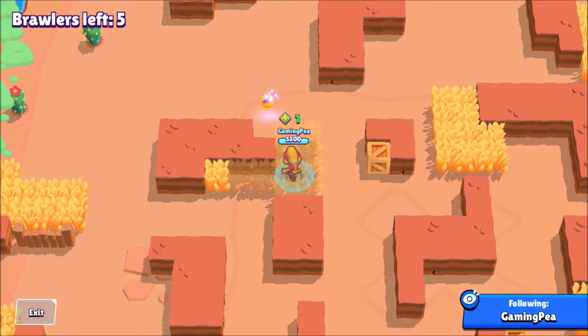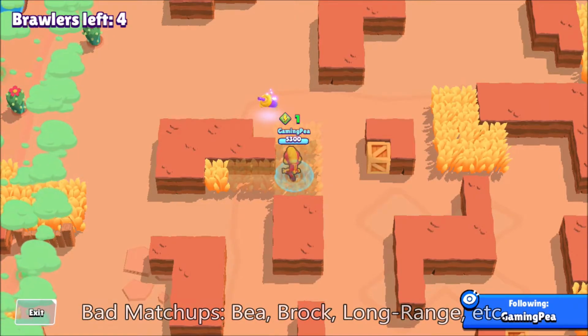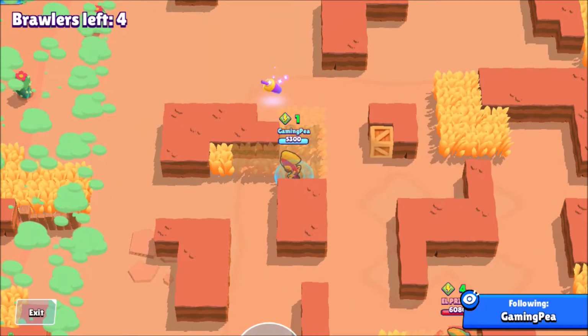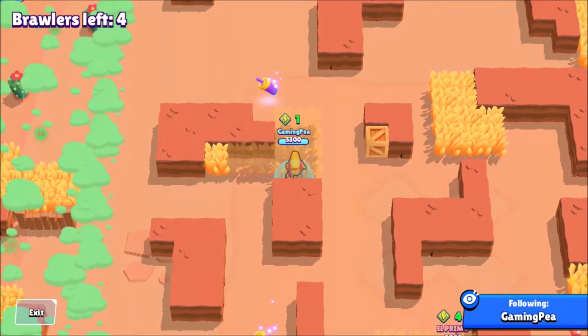Like if they're weak, or if they waste an ammo shot, or if they're missing their shots, that's when you can capitalize on that. Brawlers to avoid: Bea. For sure, Bea. You never know if a Bea has honeycomb or not, and if she does, you're kind of screwed. Plus, if it's an open map, they have range. Also, Brock, I would say avoid Brock for the same reason, because Brock, especially if he has rocket number 4,